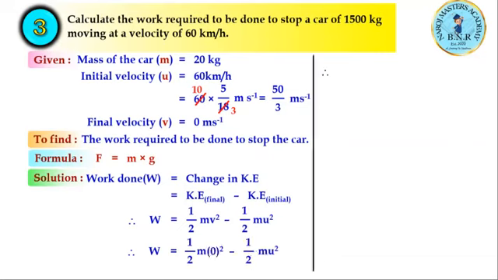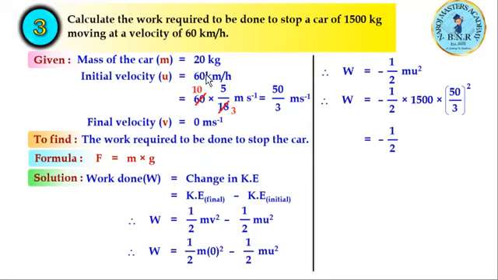So finally v is 0. So simply consider this one negative here, minus half mu square. u is how much? 60. So here we can consider this is 50 by 3 in terms of meter per second, and mass 1500 kg. So simply this is